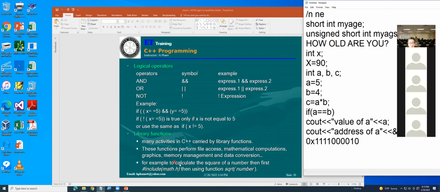For example, to calculate the square root of a number, the first thing you must do is include the math header. Then you can use the function sqrt.